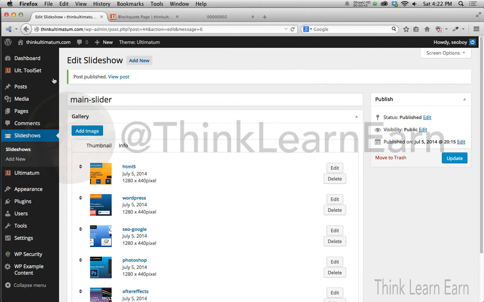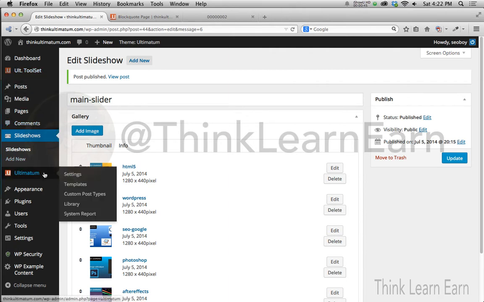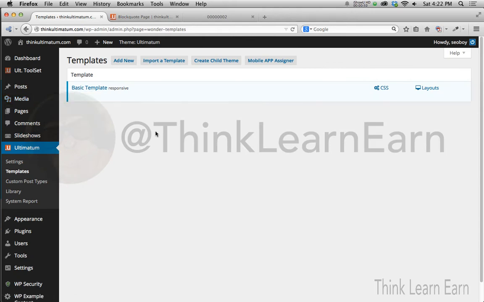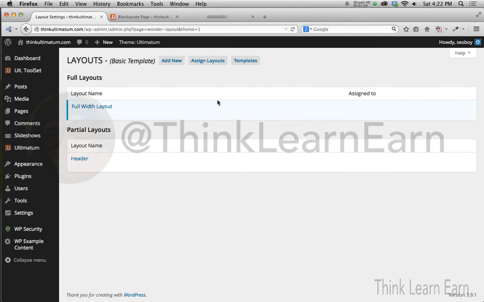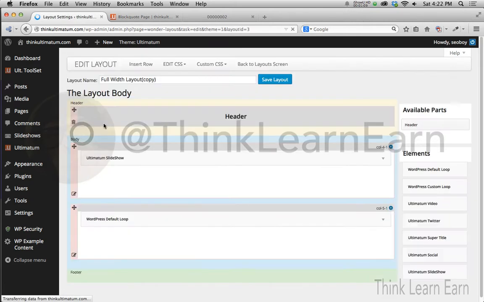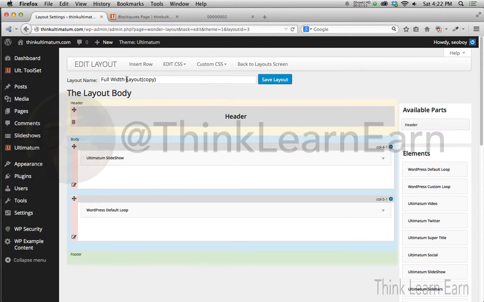So we're going to go back to the Ultimatum template. Now we can just deal with the same template, but then we can build different themes. Now, a couple of choices that you have: this way we don't reinvent the wheel, we can choose to take an existing layout and then clone that layout and then make changes to that layout. So I'm going to take my basic layout and I'm going to clone that. And let's just call this, I'm going to edit that. So let's call this full width layout